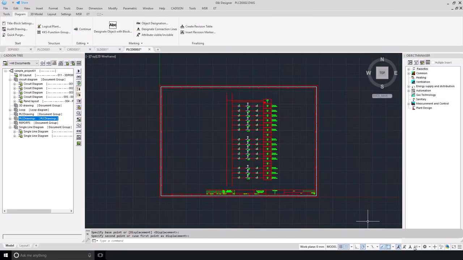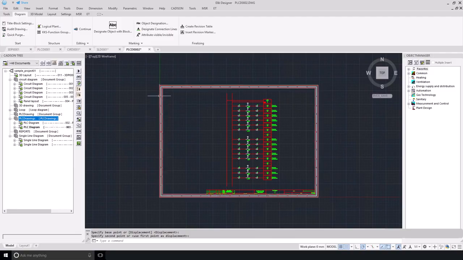Now you can observe on the left hand side in the tree structure a new document group for PLC drawing is created, under which the PLC diagram is generated automatically along with its title block. You can resize the title block later considering the size of your PLC drawing. So this is how, with the help of Excel sheet, the details of the PLC are reflected into this drawing,